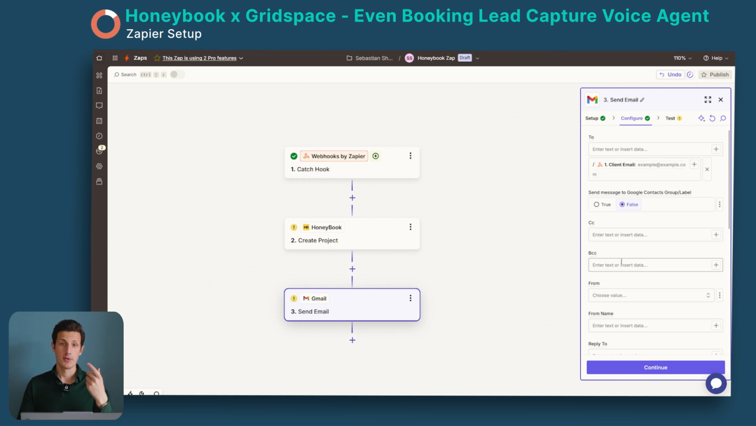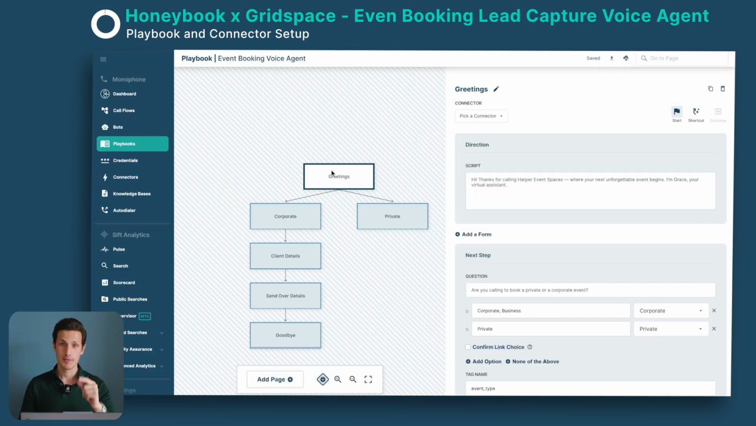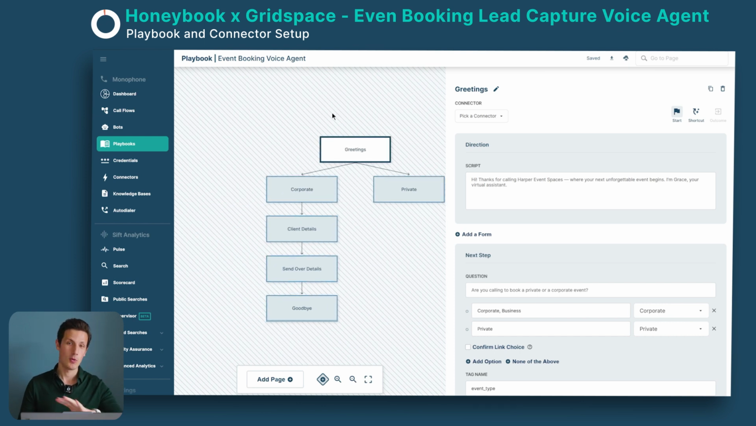And here, following up with information about the booking link for a viewing or speaking with one of the representatives of Harper Event Booking. And also some additional information, we can follow up with the client immediately. So now we go here into a Gridspace setup, and here we have the playbook or the script of the